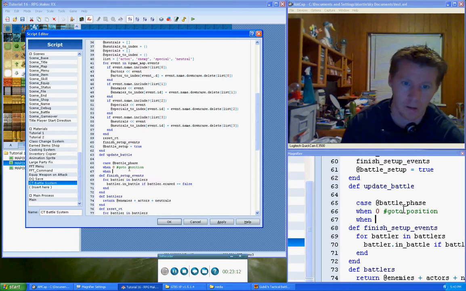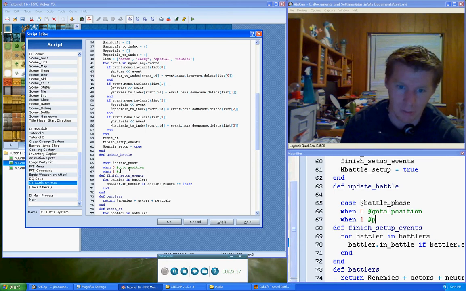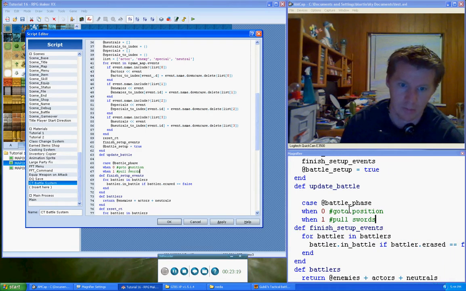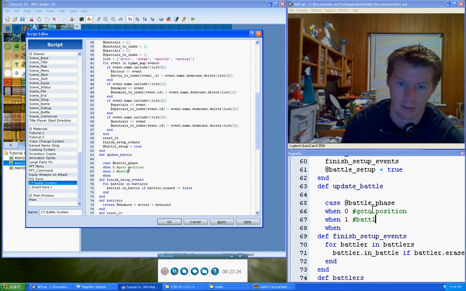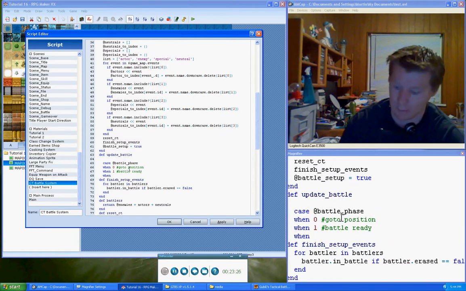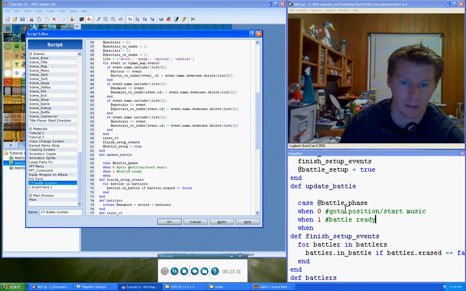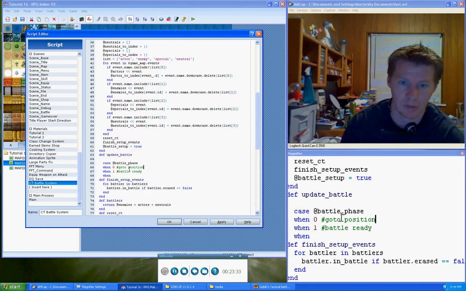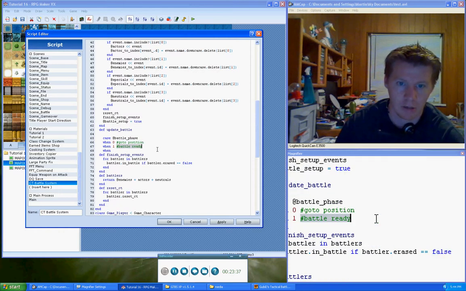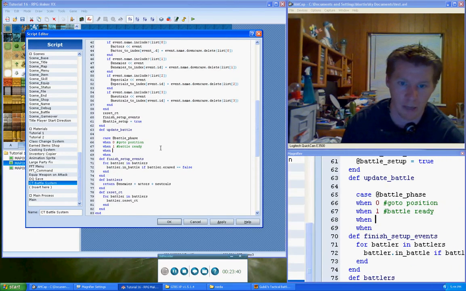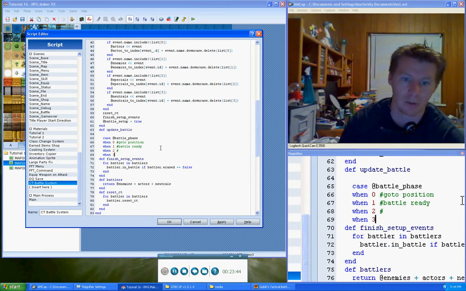When 1 is I've gotten to the position and pull swords, or battle ready. Actually that was done before we even started battle, so we don't need to worry about that. So we go to the position, we are then ready for battle, and then at stage 2, this is probably where we are going to start out the